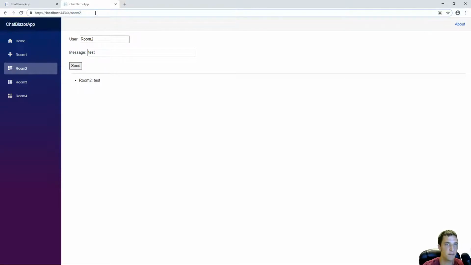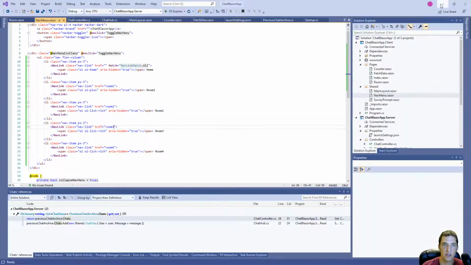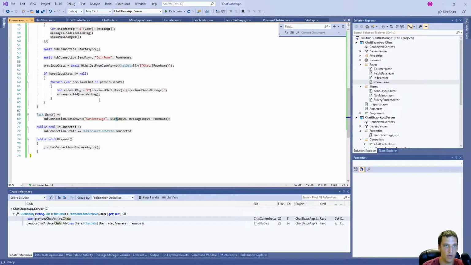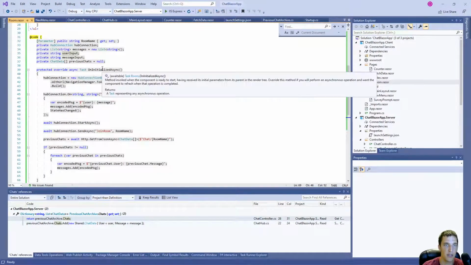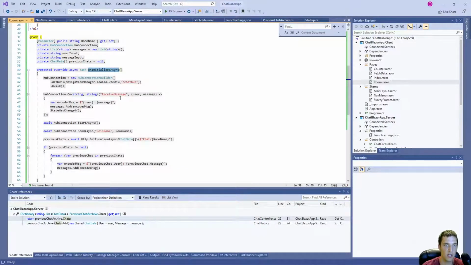this is actually the same component, Blazor will see that it's the same component and it won't destroy it. It'll just reuse it, which is a good thing for the most part. But whenever we change here, it's not going to be doing anything. So to get around that, what we need to do is come into our room, and we don't want to do this on initialized anymore. We want to do this on